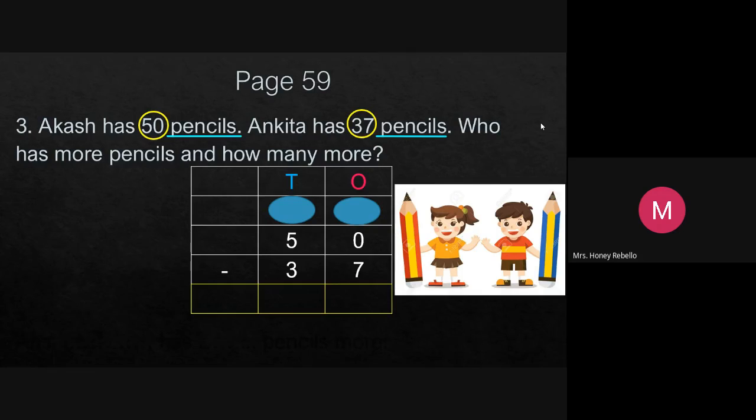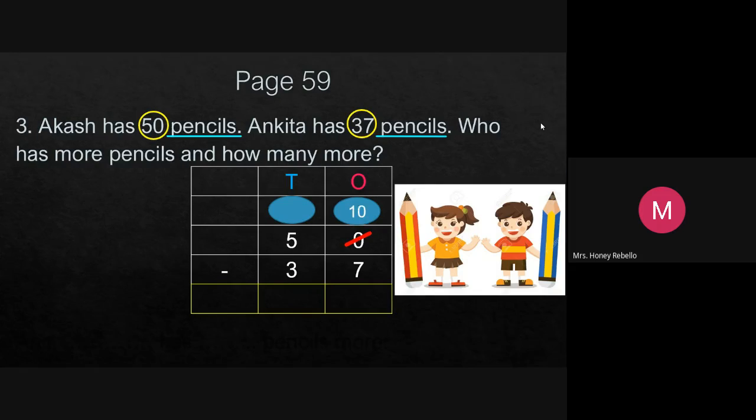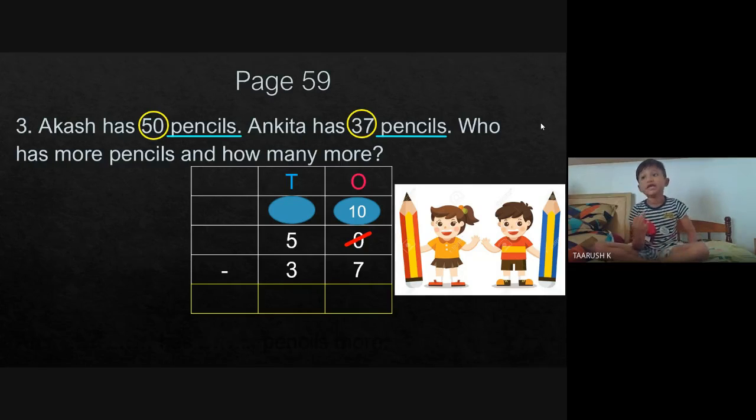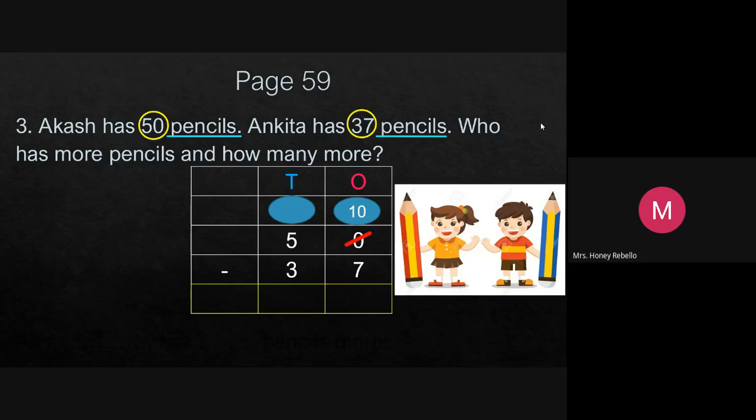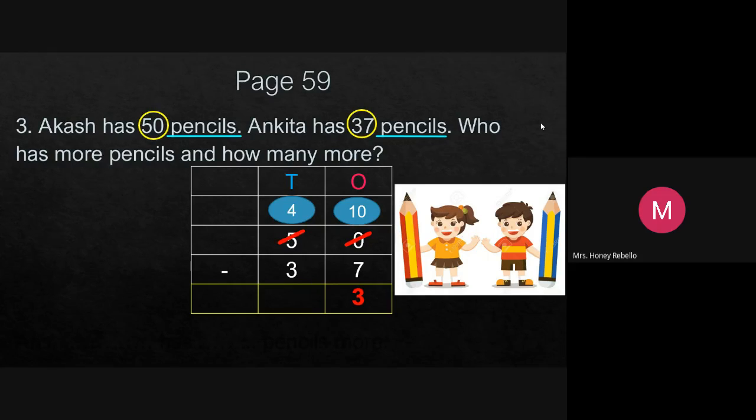Now, 0 will become what? Tell me first. 0 will become 10. Good. Now, just listen. Now, please subtract 10 minus 7. After 7, you just close your fingers. Yeah. After 7, you count till 10. After 7, what is the number? 8, 9, 10. What is the answer on your fingers? Very good. 3. Now, we borrowed from 5. Now, 5 will become what? 5 will become 4. Good. Don't forget to write that.